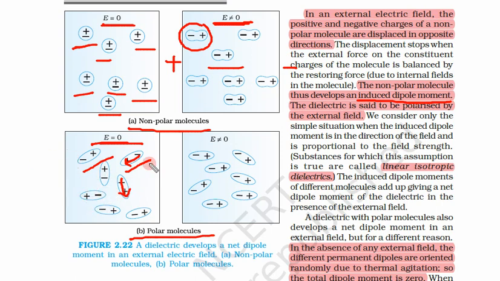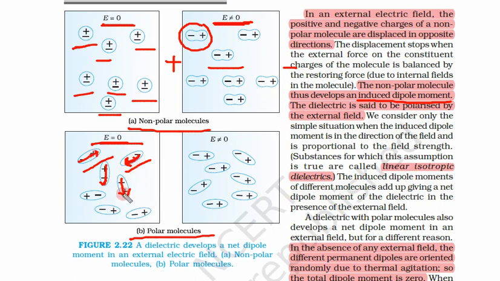But the problem is that since there are too many molecules in a conductor or in a dielectric, they are randomly oriented. One is in this direction, then one might be in this direction as well. So the overall, net dipole moment is zero because of their random orientation. If you see them, they are oriented randomly. This one has a direction, this one has this direction, and this and this cancel